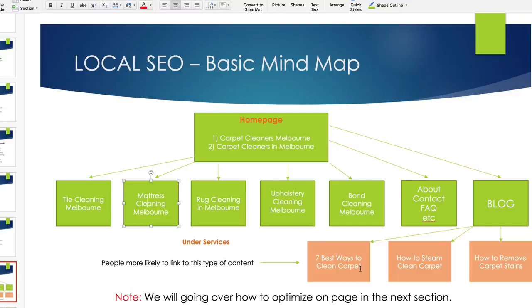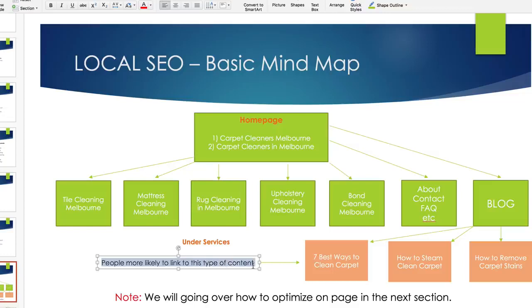And people might be reading it, and then they might realize, okay, it takes so much work, they need to buy this and that, they'd rather hire you. Okay, so you've got more control over informational types of keywords, because you can definitely be a lot more creative in the ways, in the keywords that you can actually target, and people are more likely to link to this